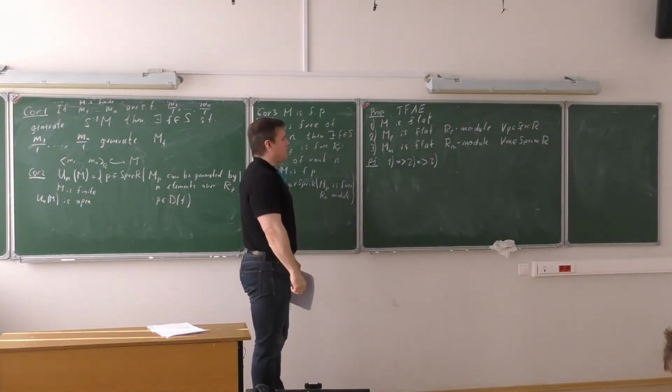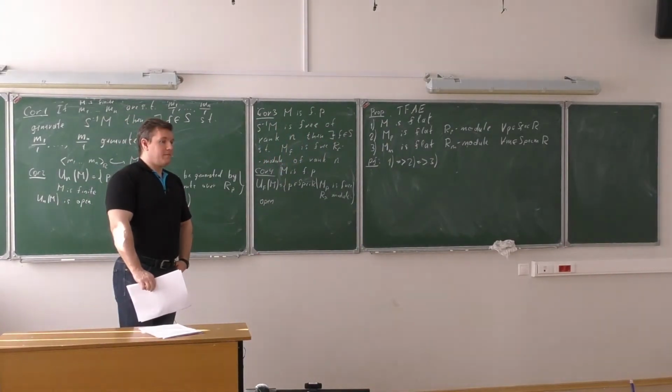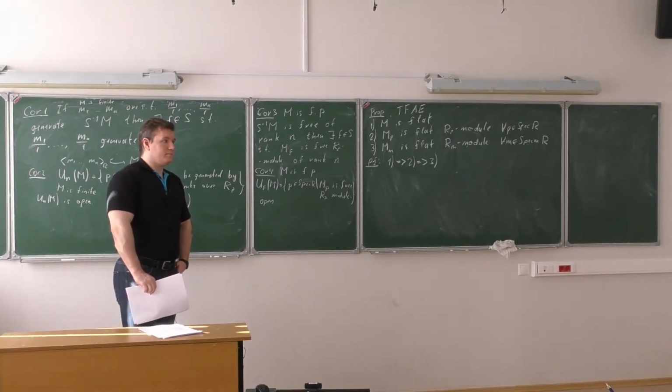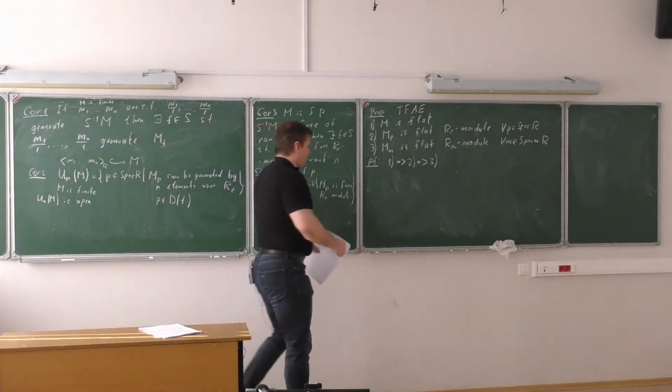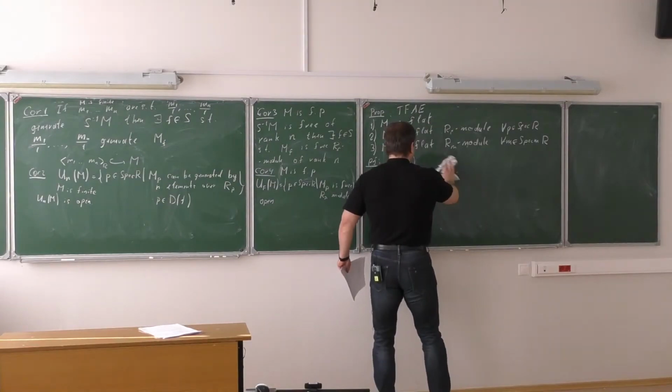Is it clear that 1 implies 2? Explain this. Flat. It's something like: if you have an exact sequence and then tensor it with M, it's still exact, and then tensor by R_P, it's still exact because localization is exact. Something of that sort, but I would say maybe let's concentrate on 1 implies 2.